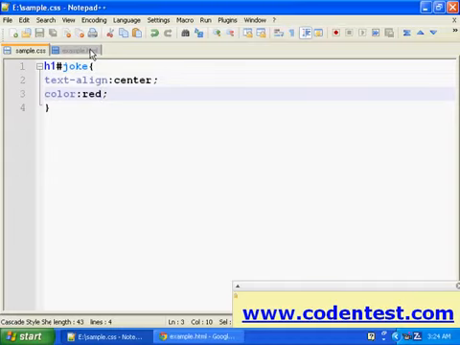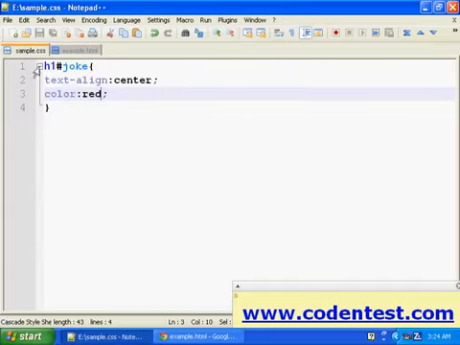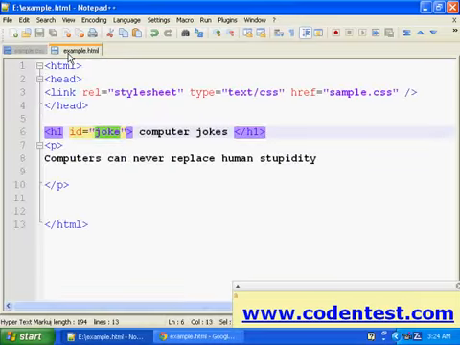In this example, heading h1 is given a unique ID joke in our HTML code, and in CSS we added HTML element h1 followed by hash and that ID name. So this is the second way to add IDs in CSS code.